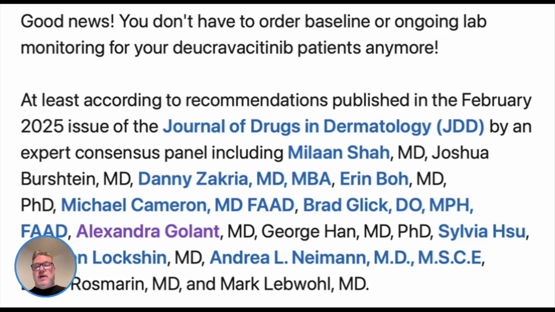These names, they're all stars in my book. They include, just to pick a few, Dr. Alexandra Golant, Dr. George Hahn, Sylvia Su, Ben Lakshin, Mark Lebwall, and Brad Glick, to name a few of the many. They recommended that laboratory monitoring is not required, but of course the Sotyktu package insert does indicate TB evaluation